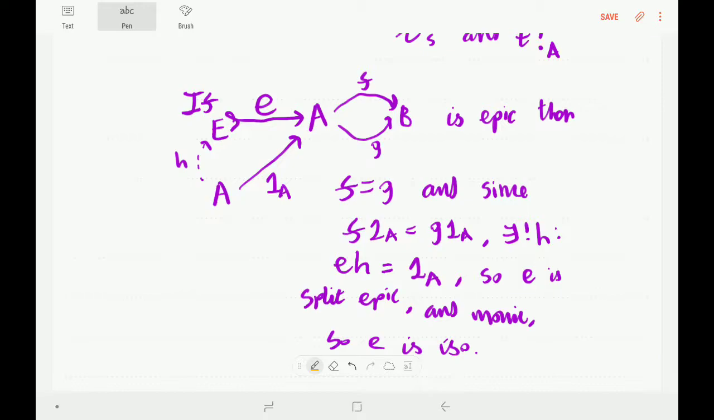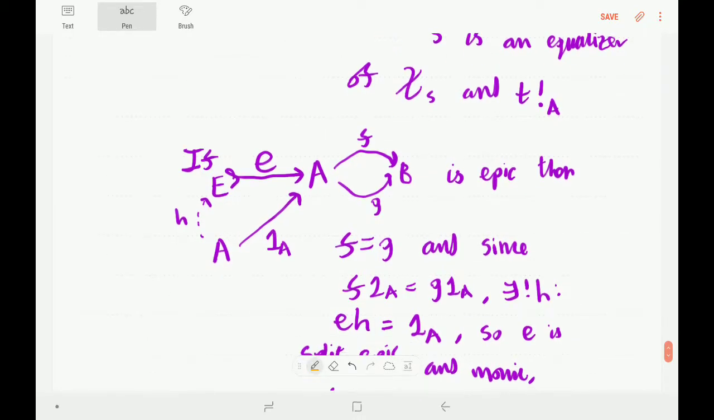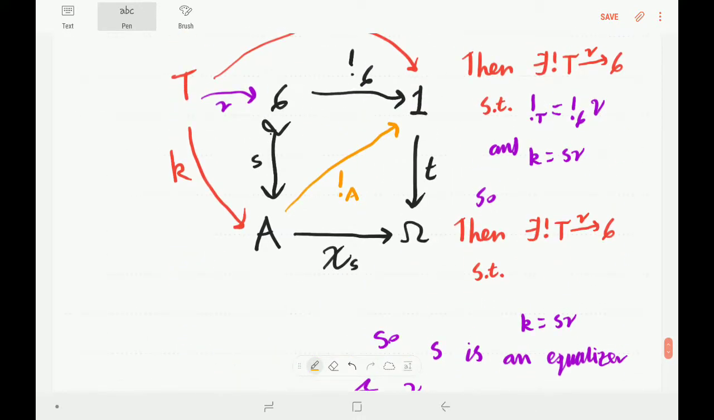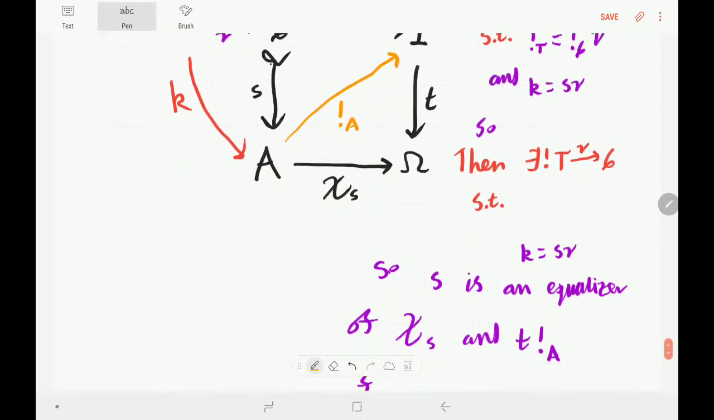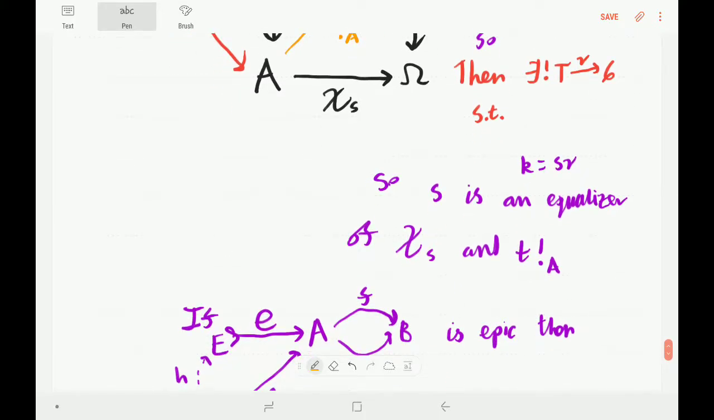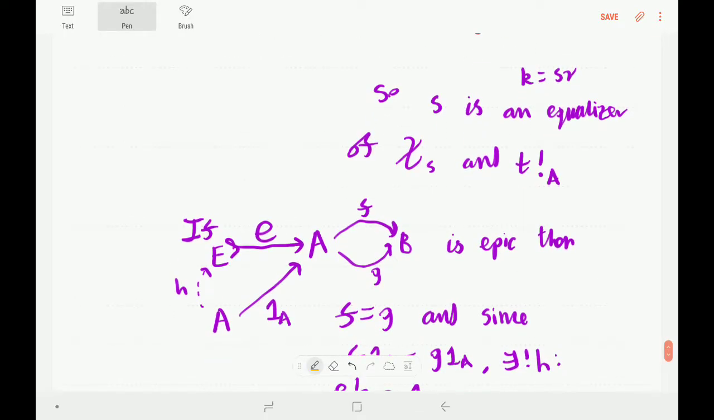Another interesting thing is that this implies that in a topos, all monics are equalizers, because, well, I've just said they are. For example, this monic is the equalizer of T after exclamation mark A and chi of S. And also, as I think I've already said in a previous video,